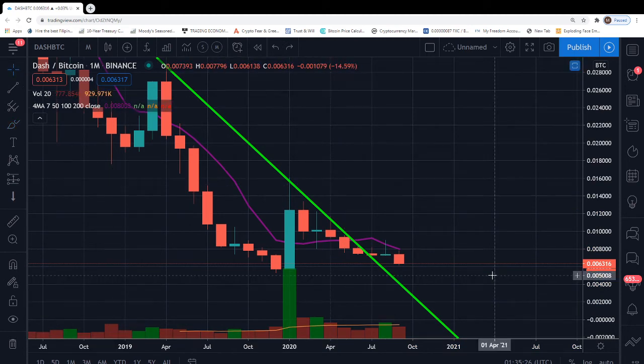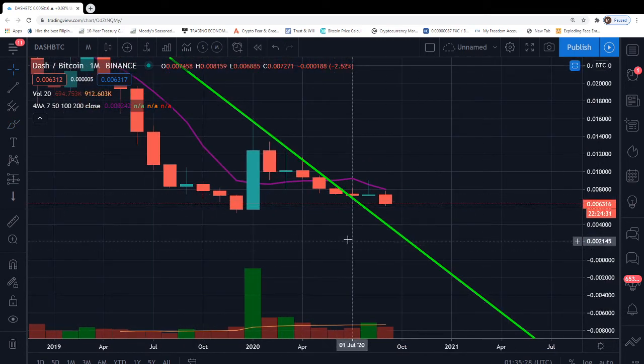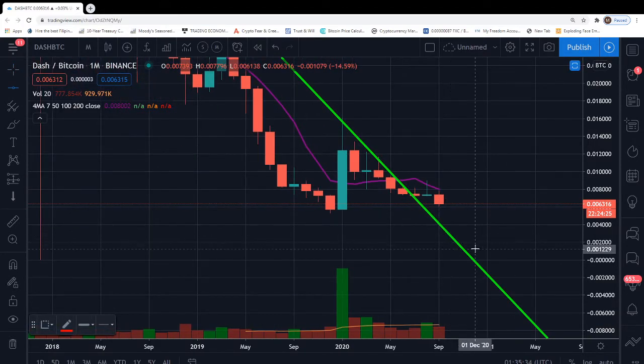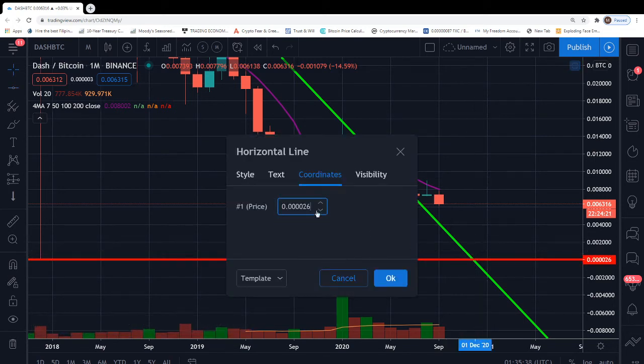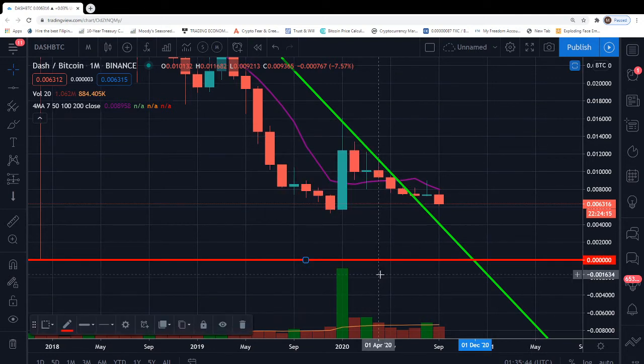If we get an aggressive move over the next, let's just put a line where zero is, so that way we all can see on the chart. We're getting pretty close, actually, believe it or not. Zero is going to be somewhere here. Let's just put it exactly at zero here. Okay, so the red line represents zero.